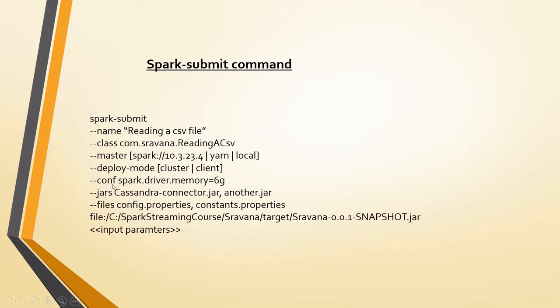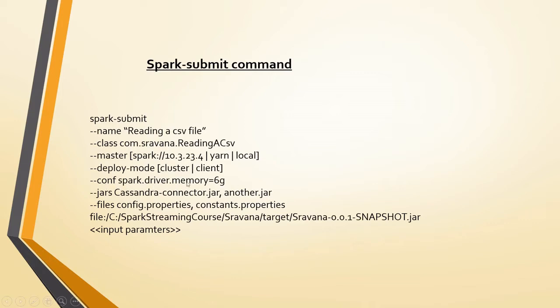This conf parameter takes any of the settings you want to explicitly mention for the job. Here for the sample I have mentioned spark driver memory, but actually you can pass anything, like maybe for Kafka how many messages per run you want to have, or all the settings about broadcast maps, there are so many other settings, whatever it is you can send it through this conf parameter.